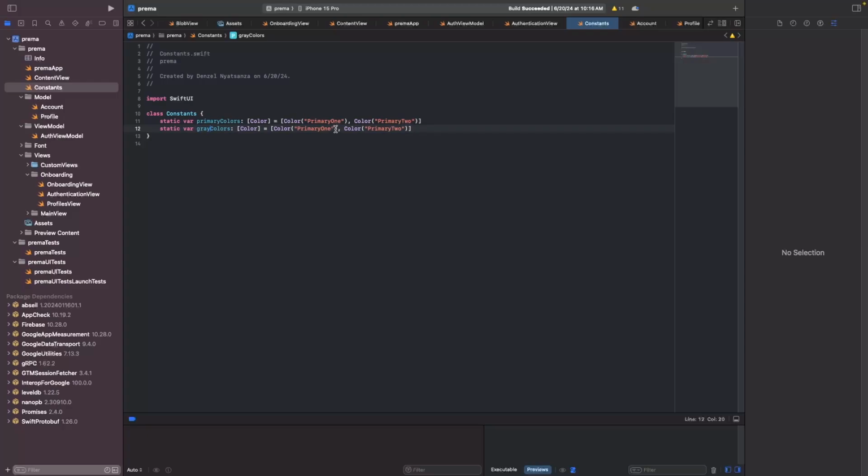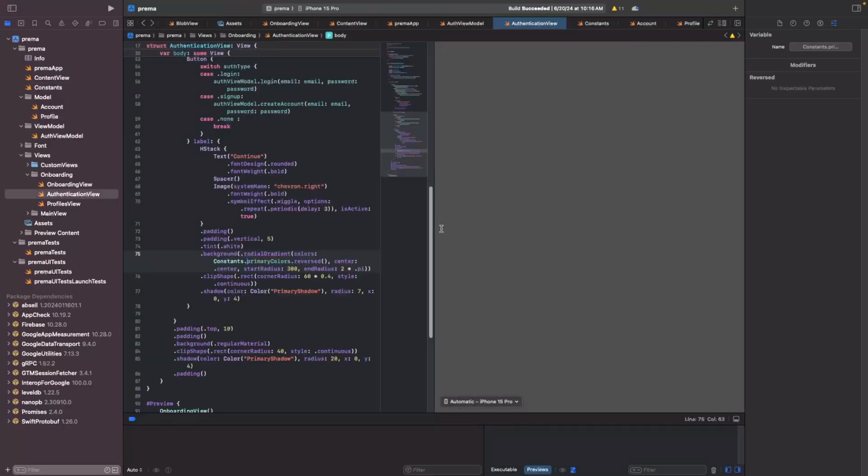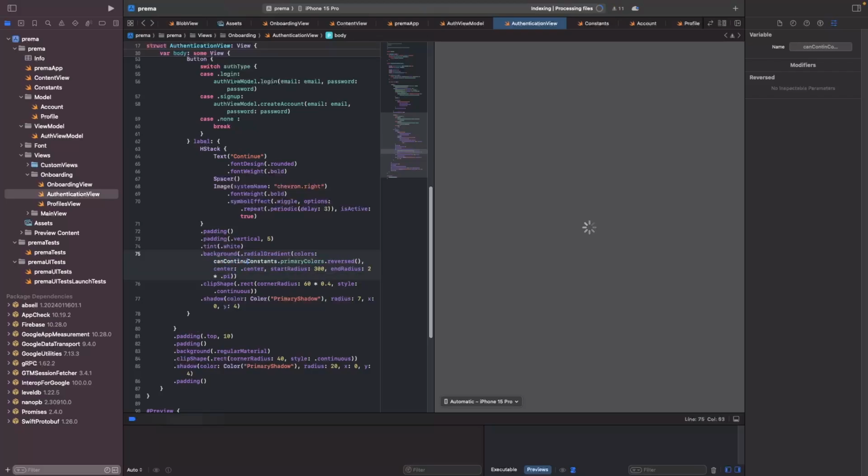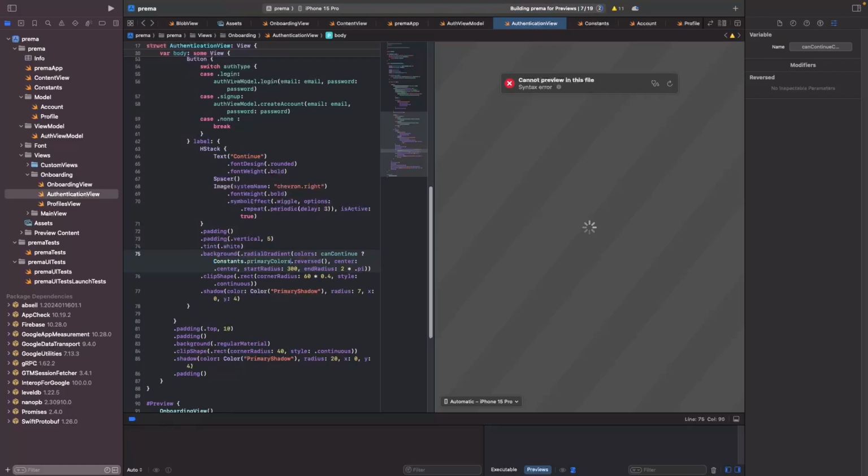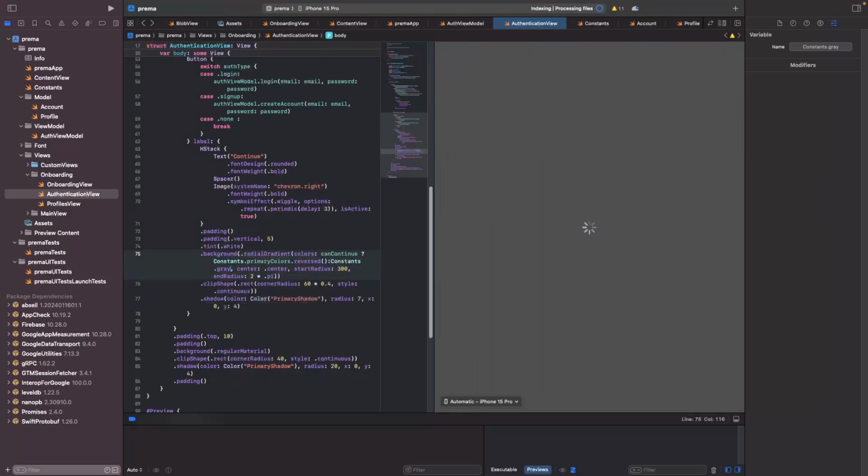So we do gray colors, and really I'm just gonna do dot secondary and dot gray, and that should allow me here to say, okay, we're gonna do can continue. So if we can continue, we're gonna have those primary colors. Otherwise, we're gonna have constants dot gray